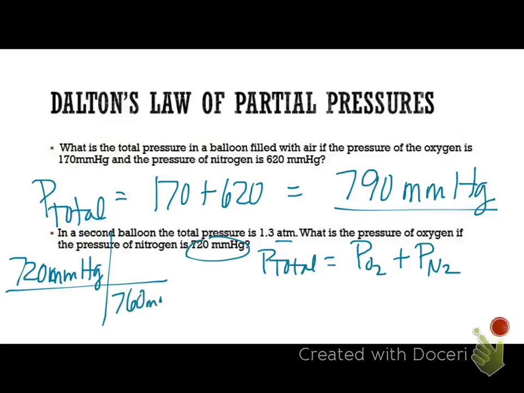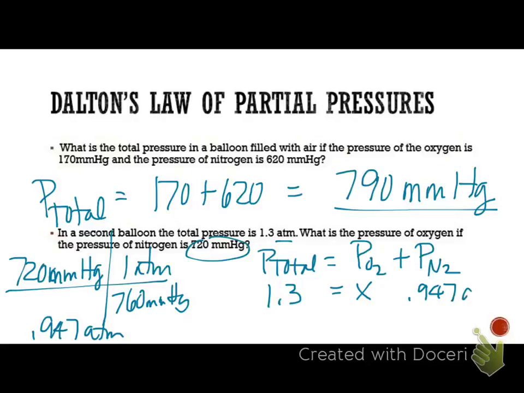760 millimeters of mercury is equal to 1 atmosphere. So that comes out to, I believe, point something. I can't remember. I have it written down. Thank you. 0.947. 0.947 atmosphere. So now I can plug those into my formula. I have a total of 1.3. X is oxygen, and nitrogen is 0.947 atmosphere. So I can get my partial pressure of oxygen by subtracting them, and I would get 0.35